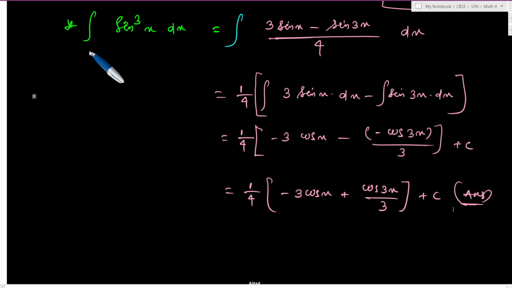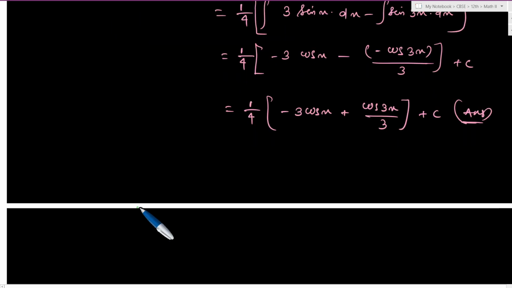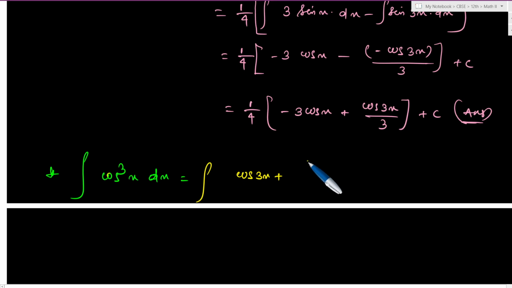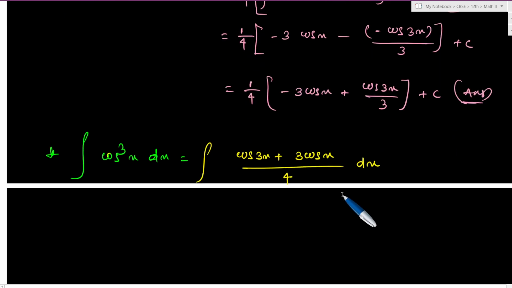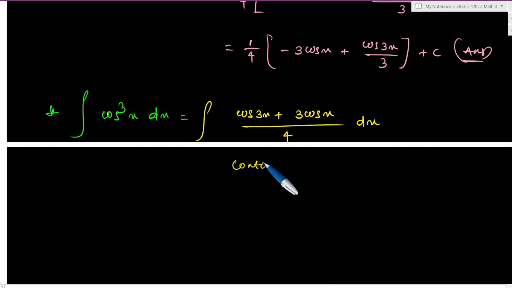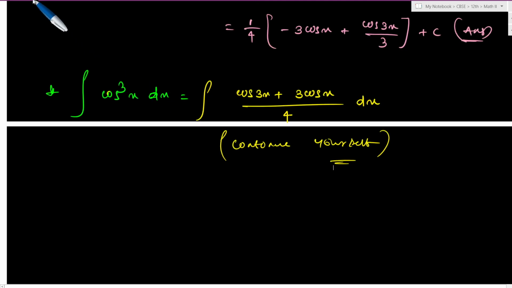लाइकवाइज आपको ये भी सॉल्व करना है, integration of cos cube x dx. मैं आपको बोल दे रहा हूँ उसका जो आइडेंटिटी फॉर्मूला है, cos cube x is equal to (cos 3x प्लस 3 cos x) divided by 4 dx। जैसे इसको सॉल्व किया, आपको उसी तरह सॉल्व करना है। ठीक है, बाकी कोई नहीं है, आप लोग कंटिन्यू करो। कंटिन्यू योर सेल्फ, बहुत सारे क्वेश्चन सॉल्व करना है। ये हो जाएगा आपसे। बहुत सारे क्वेश्चन है, बहुत अच्छे अच्छे क्वेश्चन, आप लोगों को करना जरूरी है।